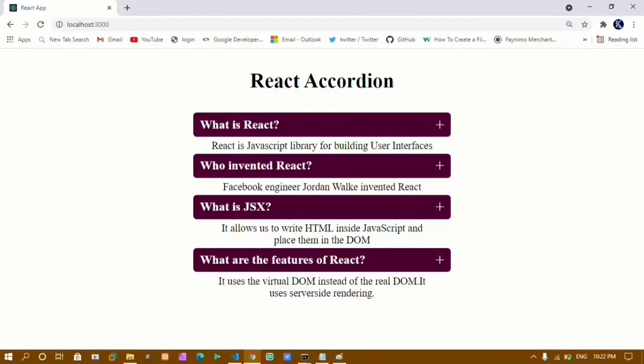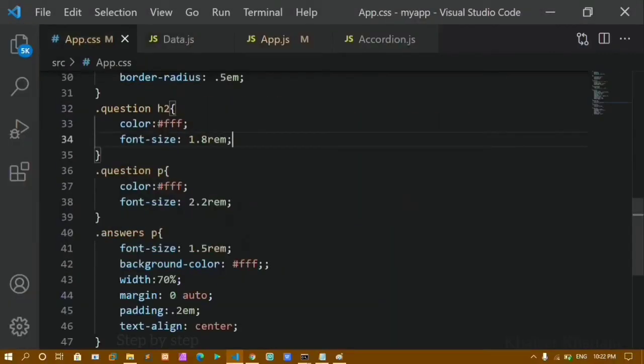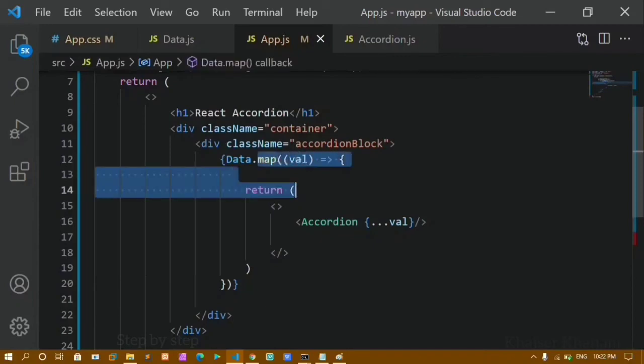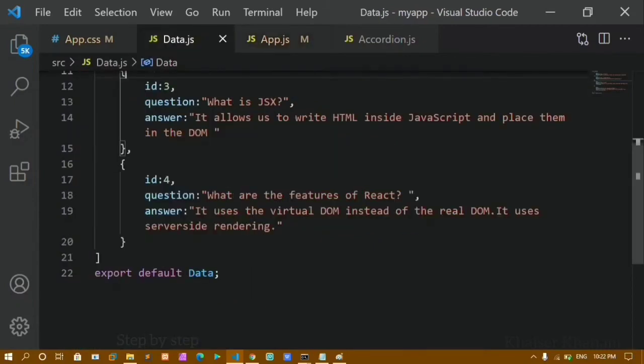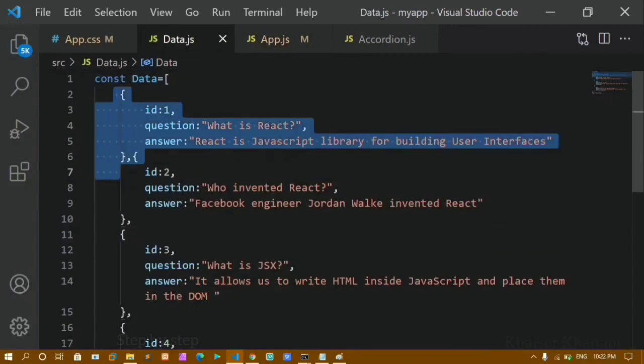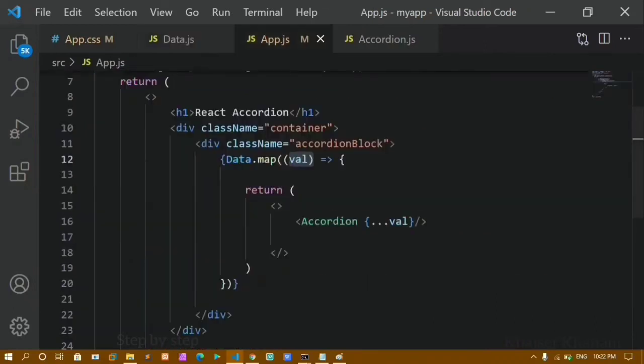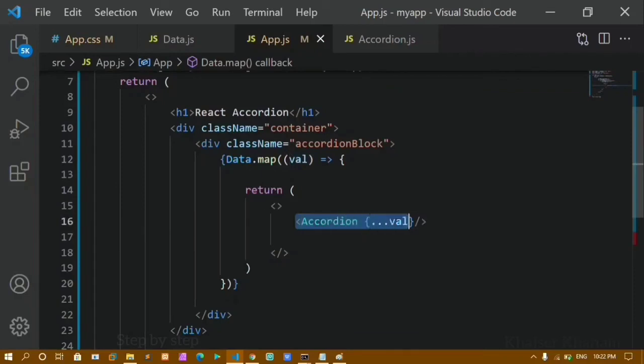Now as soon as I show you, you can see I'll be having all those 4 questions and answers. Using this map method, once I have defined it here, this map method will access all the data. This value will be having this data. First it will be having this, second it will be having this. For each array element, it will run the function and return me the output. First it will be printed, second it will be printed, and inside return I am just passing this component, and here I am just giving this one. If I don't give this, I will not have any data.